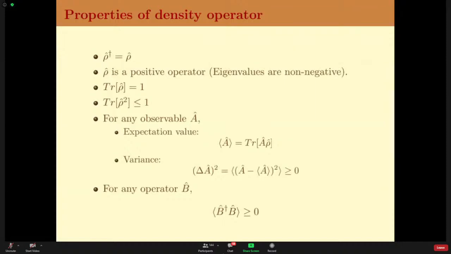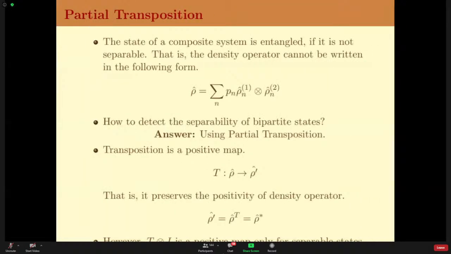And for any operator B, it may not be a Hermitian operator. The expectation value of B dagger B is also non-negative, and this is a consequence of positivity of the density operator. Okay. So now